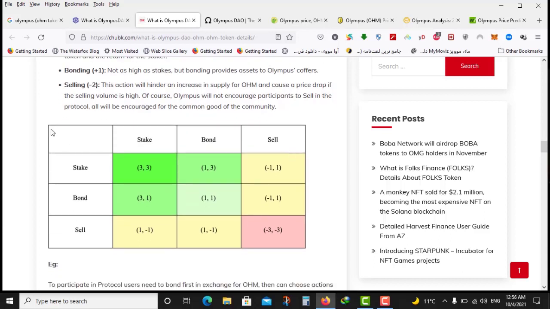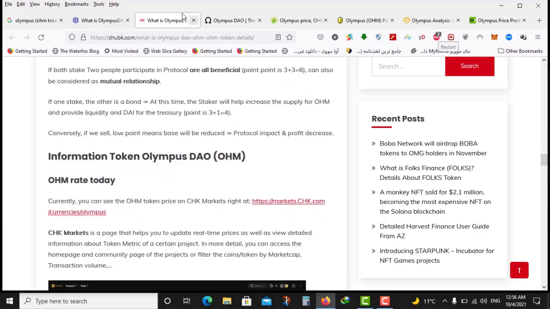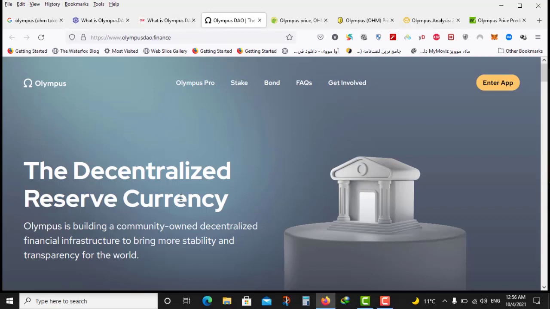This is the table of states. That how does it work? It's a kind of matrix that shows if you stake, if you stake bond, if you stake sell, what happens to your asset and investment. If you stake and bond, stake and sell, and stake again. It's a matrix. Okay, let's see what the main project official website